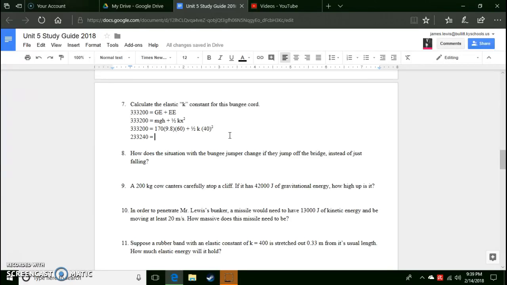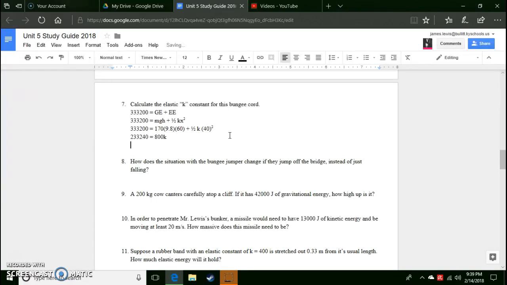So 40 times 40 equals 1600, and half of that is going to be 800, and then divide through by the 800, so we'll get 233,240 divided by 800. Gives us an elastic constant of k equals